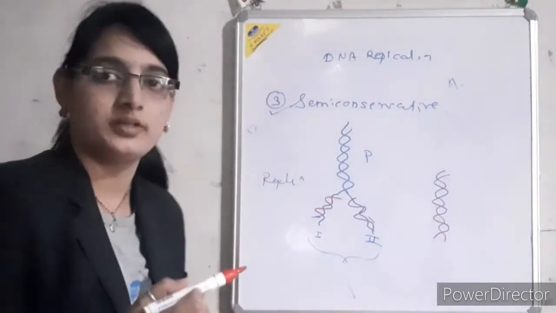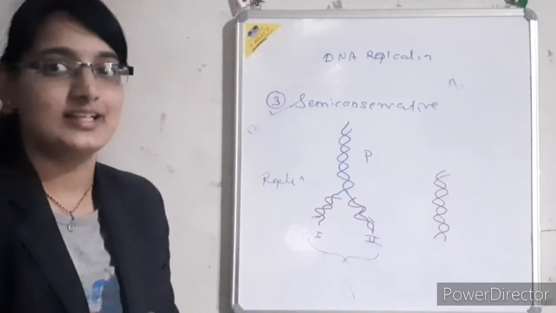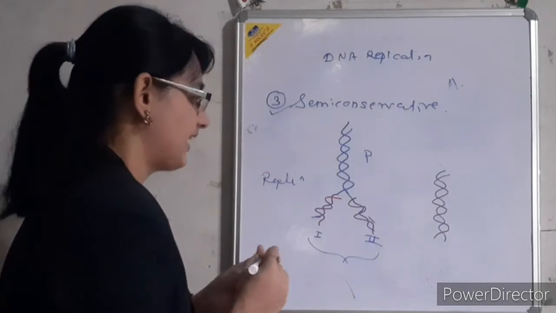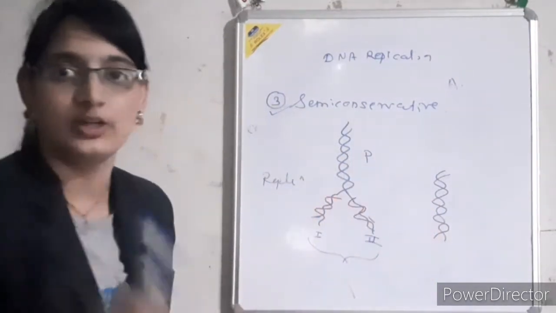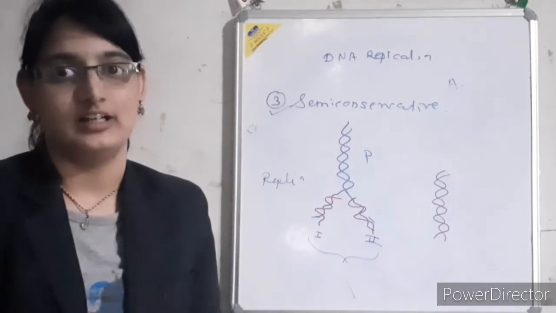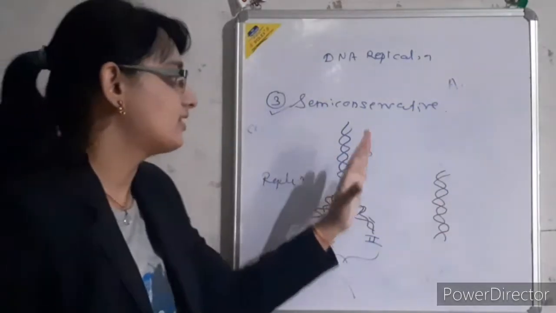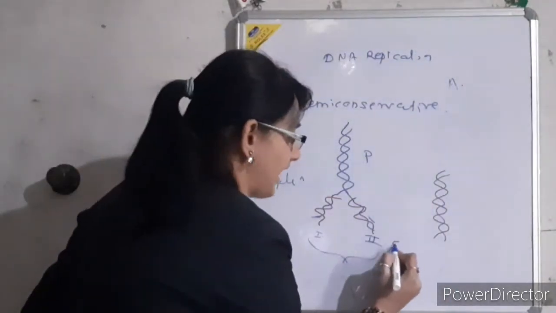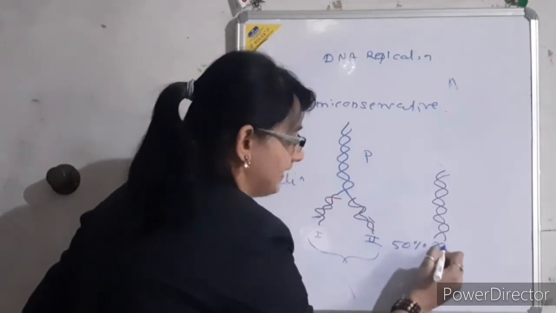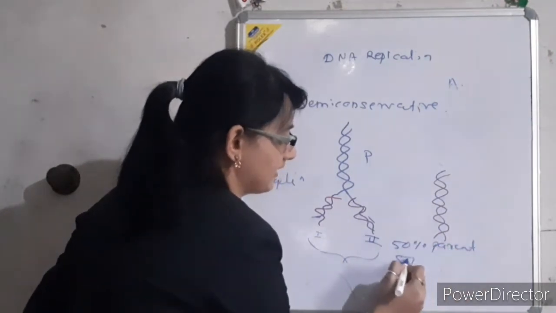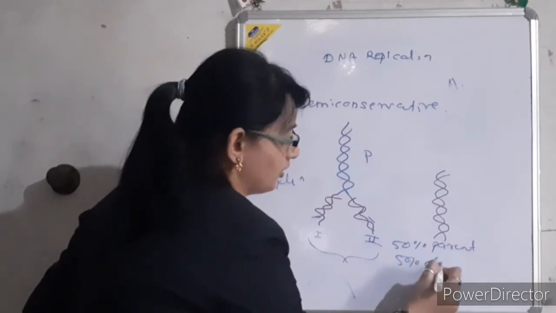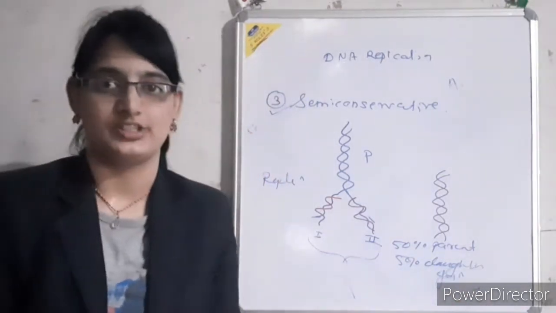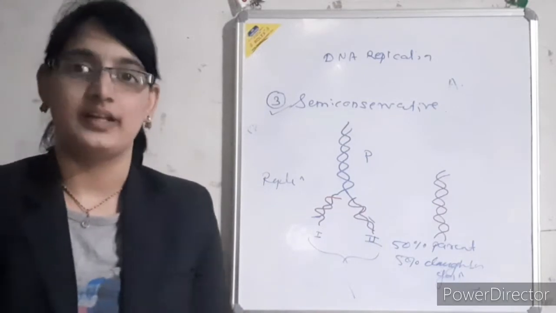And this causes the formation of a double-stranded DNA molecule, which is the result of the semi-conservative type of replication. That's why it shows the single strand as a blue one, which is parental, and the red strand as a new one, which is the newly synthesized strand in the daughter cells. So this is called semi-conservative replication. It means this DNA shows 50% characters of the parent and 50% characters of the new, newly synthesized generation.